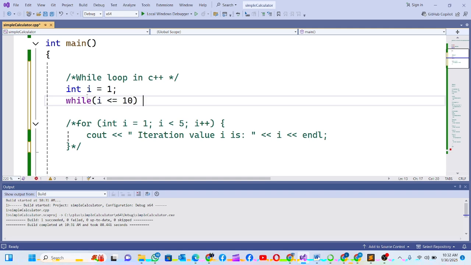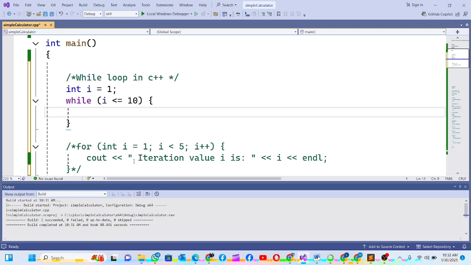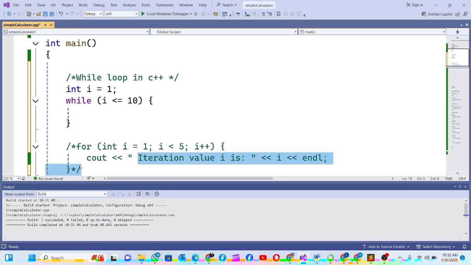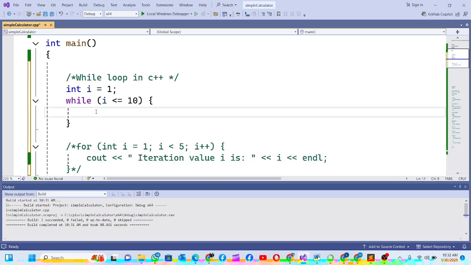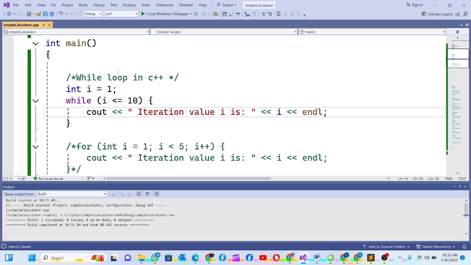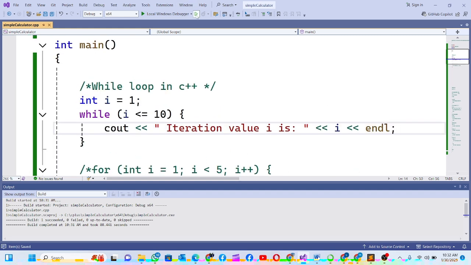I can just take this statement here and print it again. So I just print out the statement. So if I run,